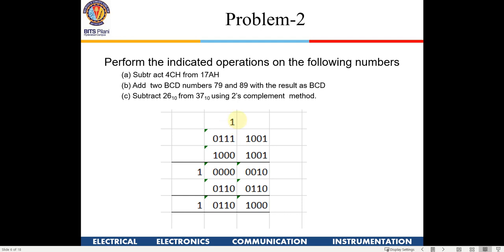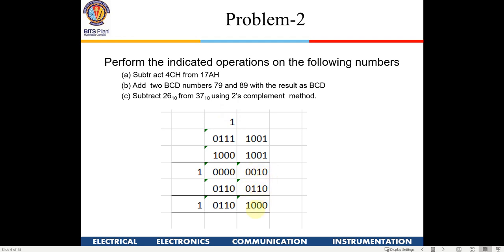So don't miss this. Whenever we do these two additions in a BCD addition, if there is a carry, or in case there is no carry but the result is greater than 9, because this is a 4-bit data, it can take up to 15, right? So even if there is no carry, you still need to take this carry out here in case this sum is greater than 9. That aspect you have to be careful with.